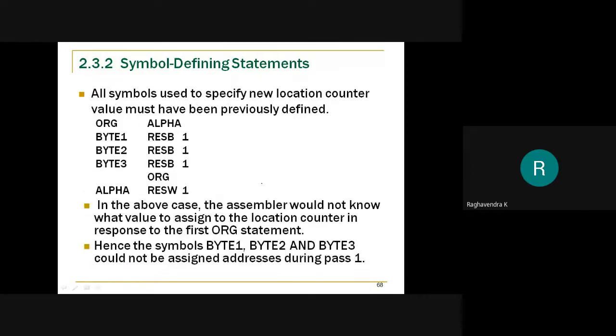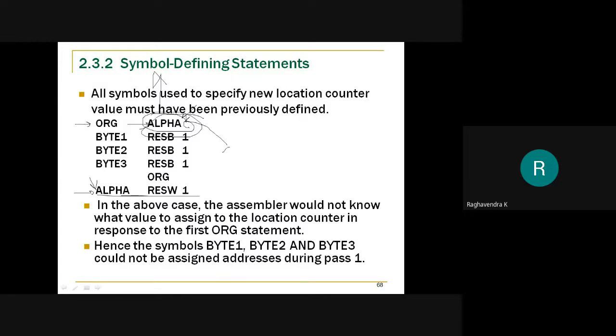Now the same thing happens with ORG also. For example, here I have defined ORG alpha, but alpha is defined later. This cannot happen. I cannot reset the value of the location counter to a place which I do not know, because alpha is not present anywhere before, so the alpha value would be unknown.